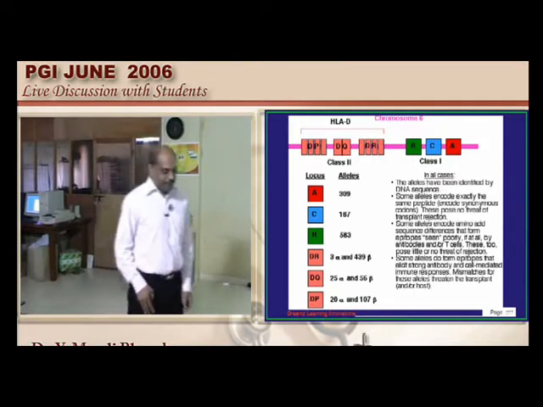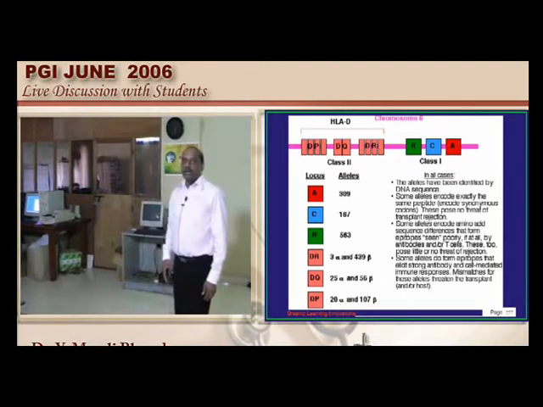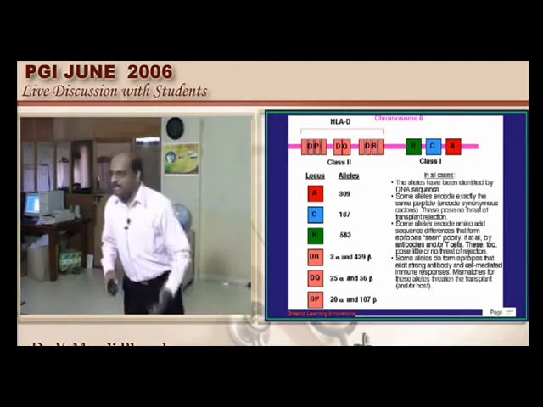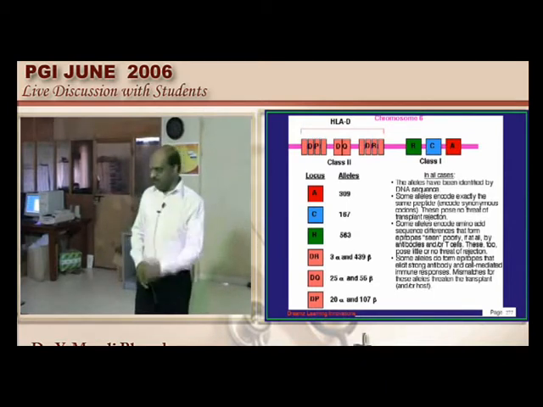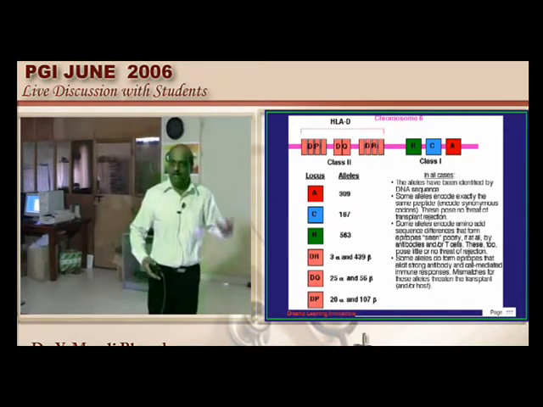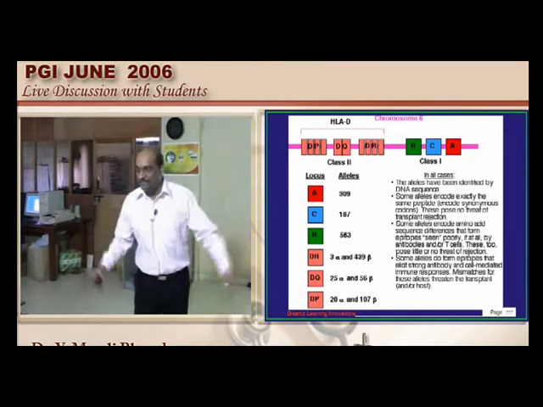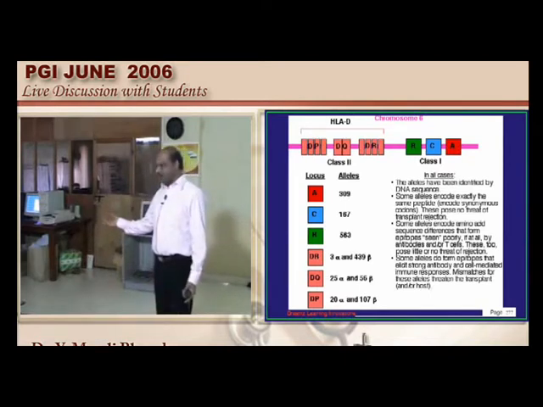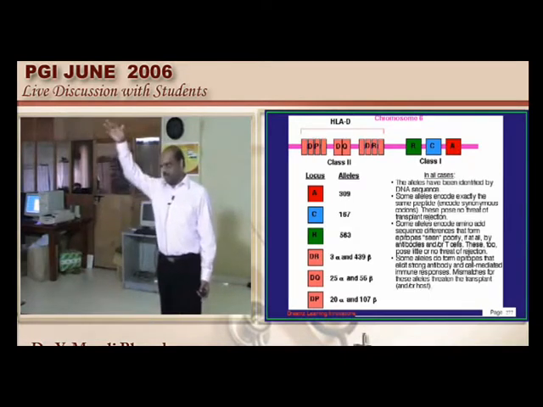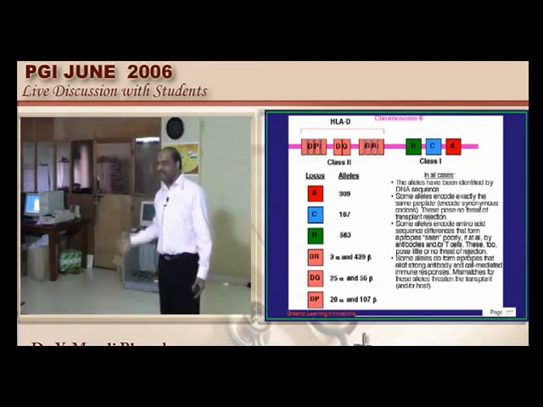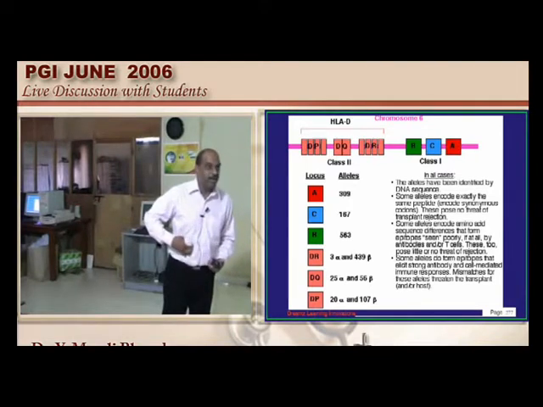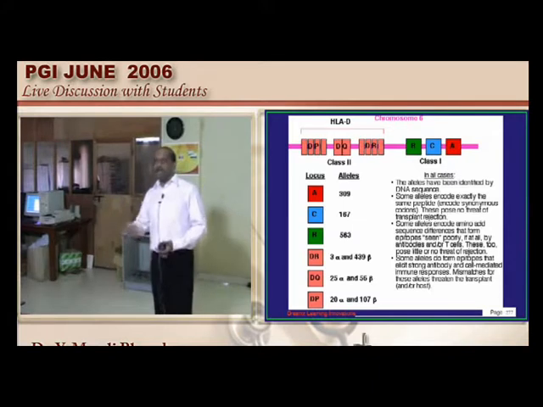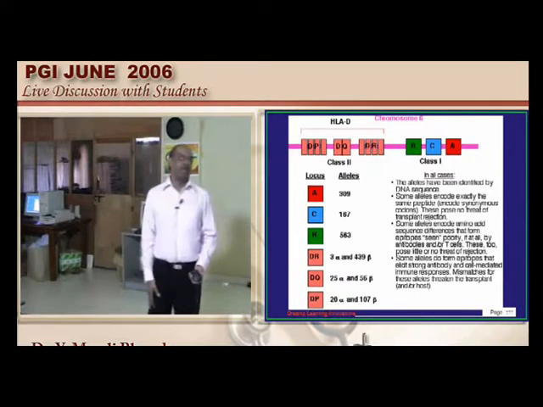Now the question is, basically chromosome 6, how do we get it? Father provides 1 chromosome 6, mother provides another chromosome 6, that is how we have 2 chromosome 6s. Even our brother has 2 chromosome 6s which are acquired from the same parents. Now suppose my kidney is gone, and you want to take my brother's kidney and place it in me. What are the chances that my brother can have an identical HLA composition as that of me? It is a very important question. Now let us look into it.